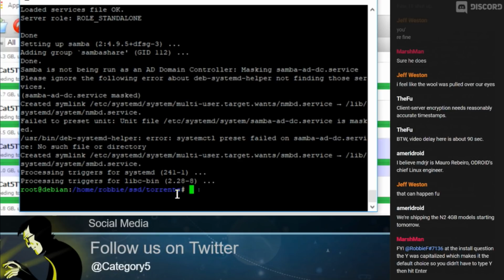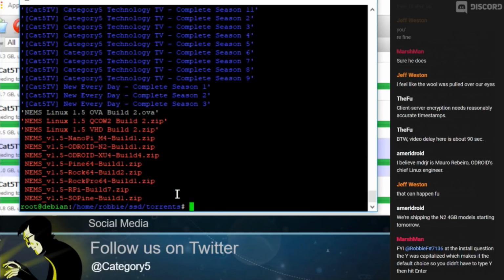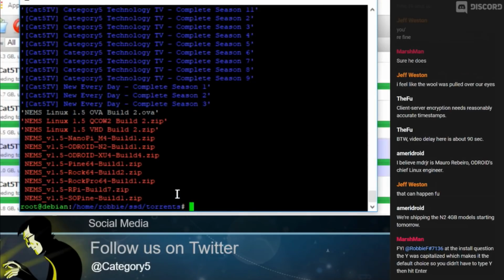/home/Robbie/SSD/torrents, because that's where all my torrents reside, remember? So that's the folder that I actually want to gain access to. Yours may be different. Your name's probably not Robbie, so it might be /home/Jeff/SSD, if that's what you called your mount point, /torrents. So keeping that in mind, let's go